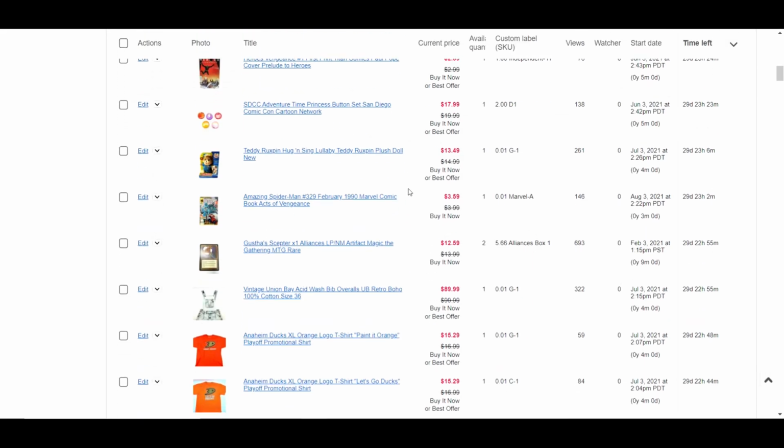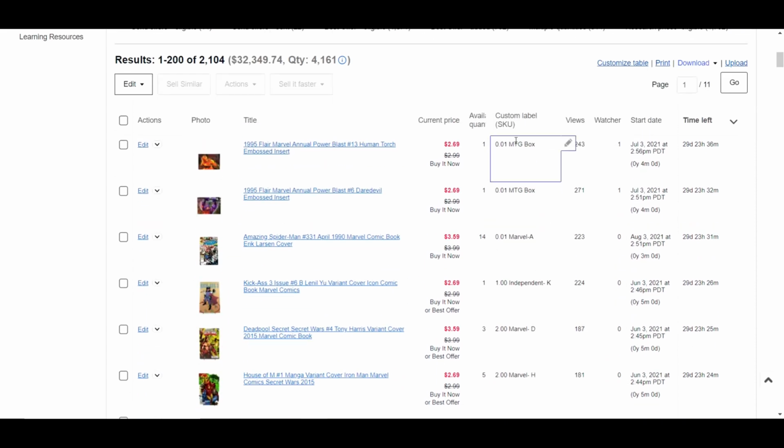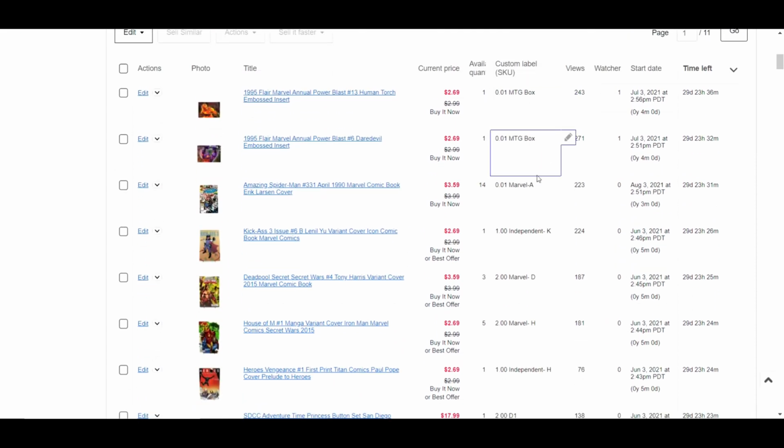Now I'm going to show you also what it looks like on the computer. We're going to head over to the computer, and I'm going to show you the SKU numbers I put and how it actually implements. Okay, so let's take a look at that. Okay, so here we are. I'm going to start off by showing you where it says custom label SKU right here. And you can see where I have it implemented. I'll go over that here in just a second,